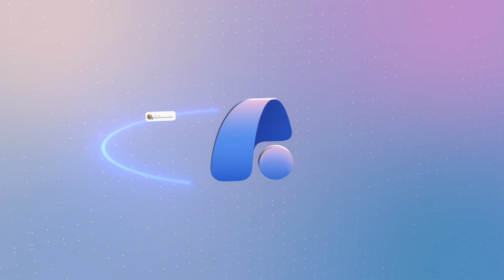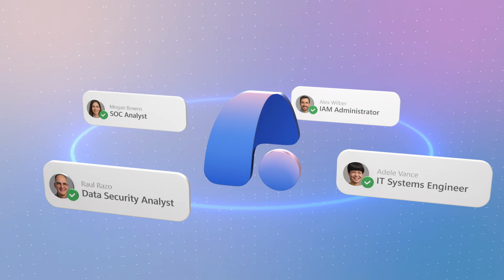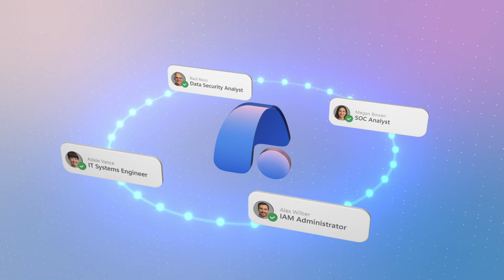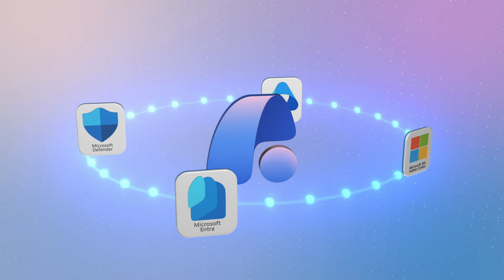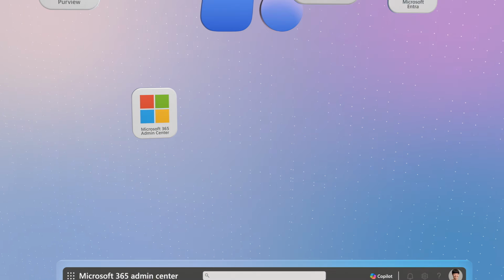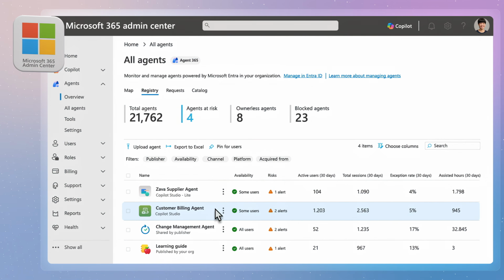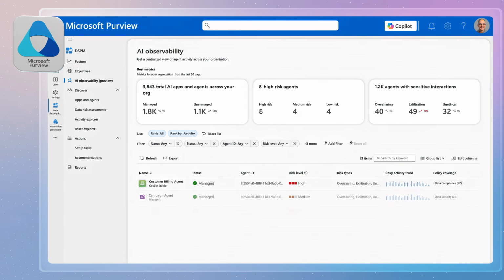This is where Agent 365 comes in to bring together security and IT teams so they can stay in control through a unified control plane built to work with the Microsoft tools you already use. Whether you're viewing agents along with their configurations and high-level activities in the Microsoft 365 Admin Center, understanding agent activities